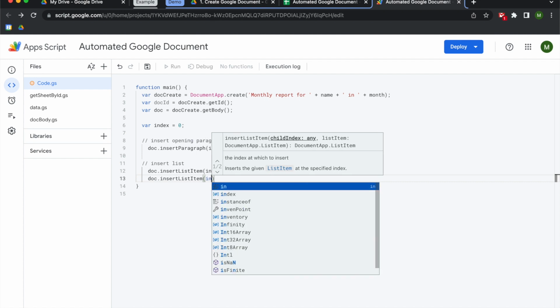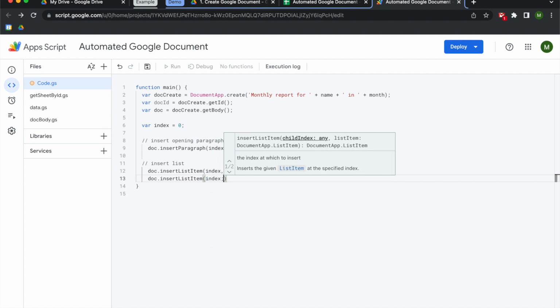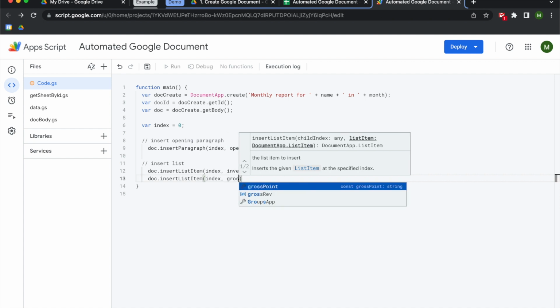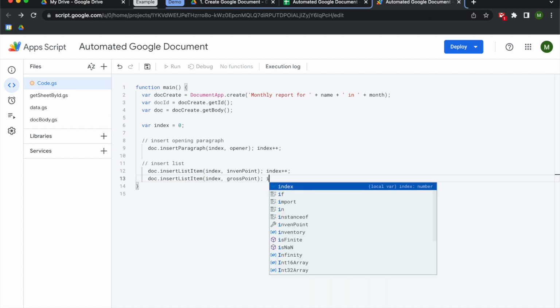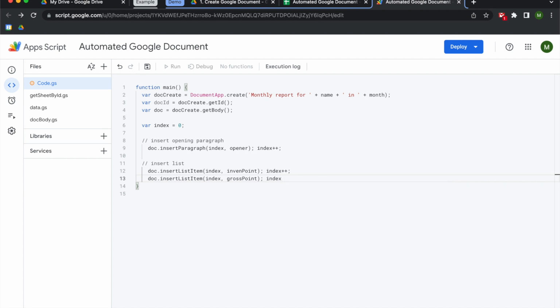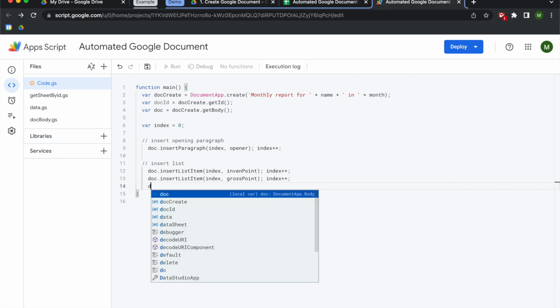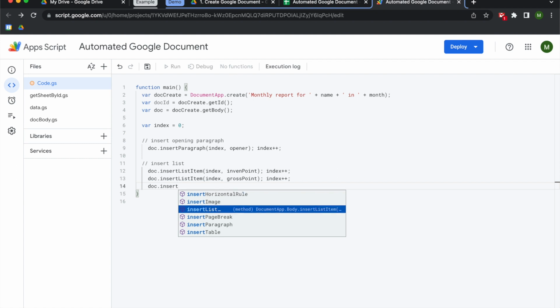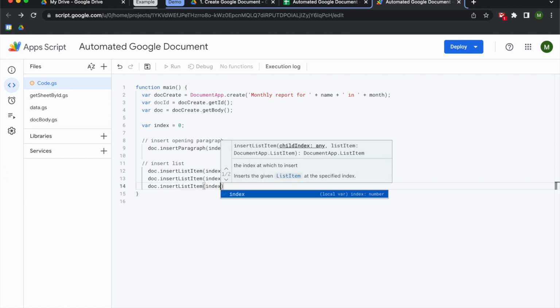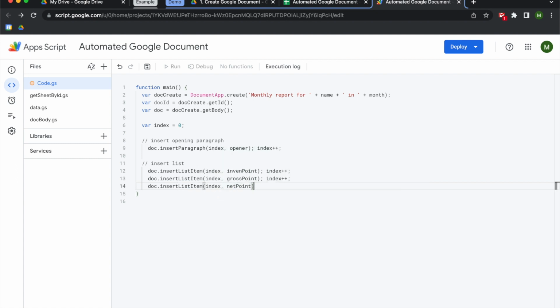Do index, comma, and do gross point, semicolon, index plus plus. Someday I'll learn how to type. Then we're going to do doc.insert list item, index, net point, semicolon, index plus plus, semicolon. Cool. So actually, before we do that, sorry for the false start there,